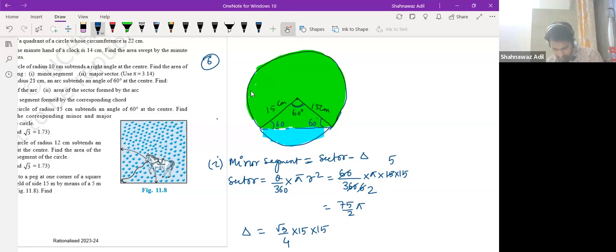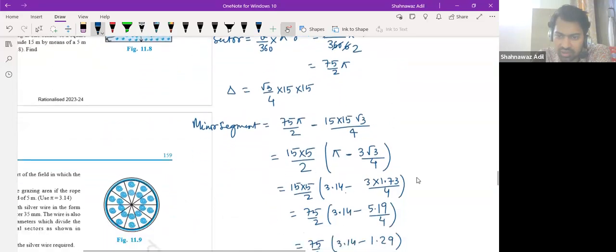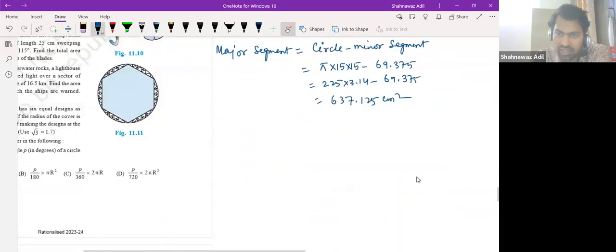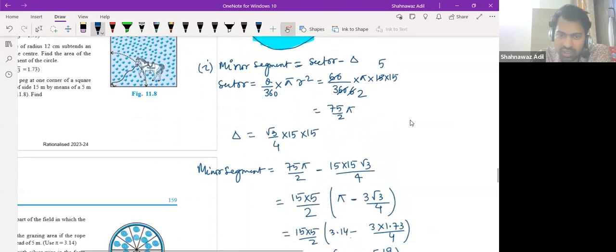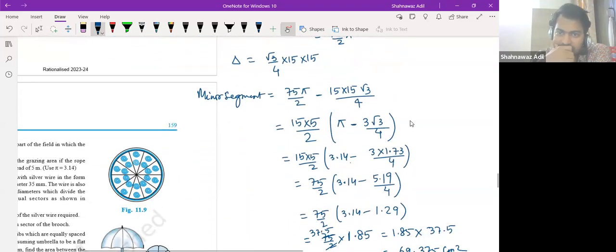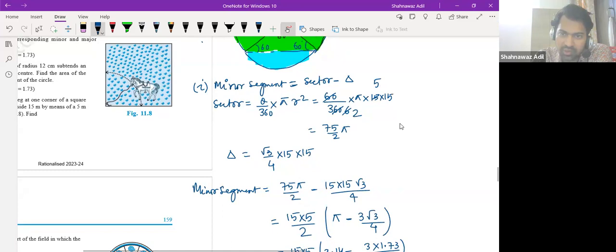Oh, this is incorrect. They are getting 20.4375. And how much did we get? We've got 69. Lots of order of difference, right? Okay. So what we can do in here is that,